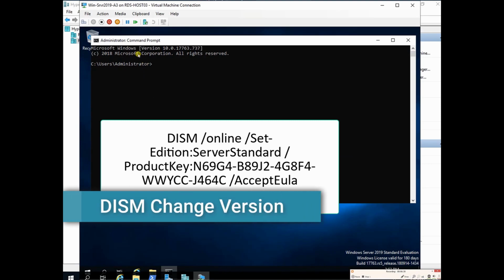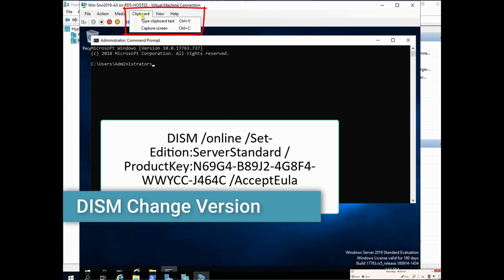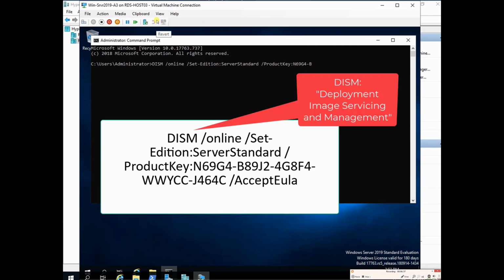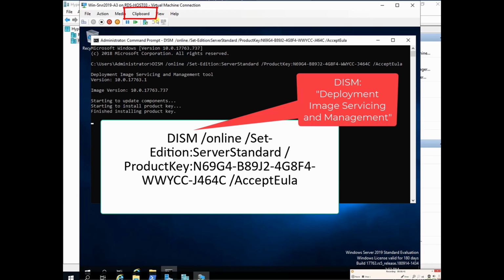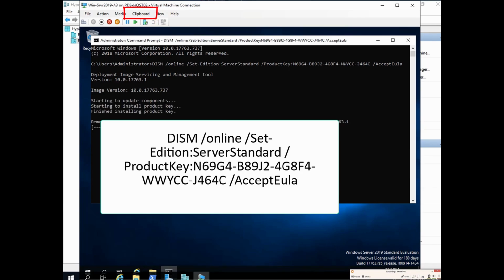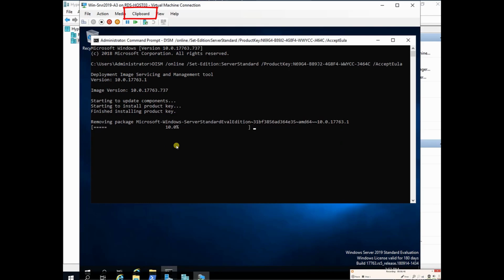I will put the specific command in the notes in our YouTube and the credit for where this came from. But notice that you just can't paste it in because we're running Hyper-V. You have to go to the clipboard section and tell it to type the command out. And once you hit enter, it kicks off the process to switch us over to the standard version away from